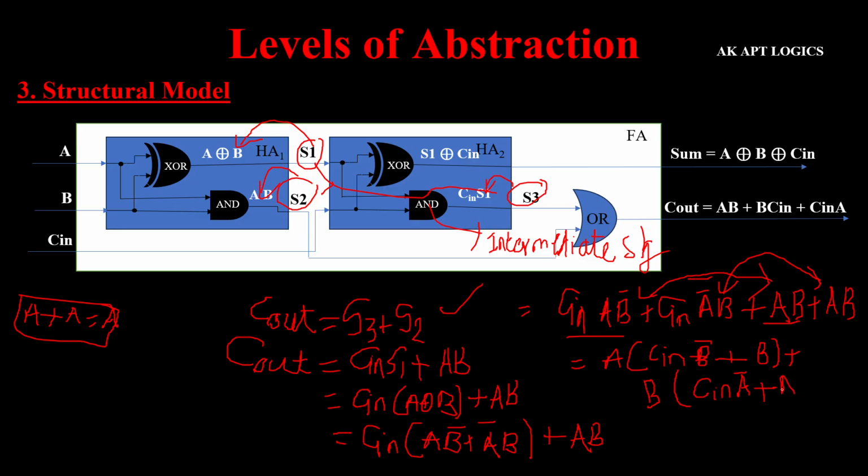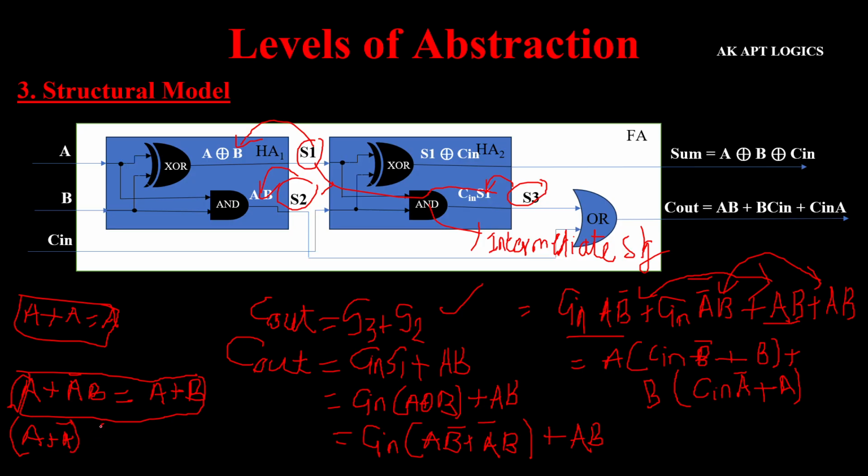A. Okay, from the absorption theorem we know that A plus A bar B will be equal to A plus B. Okay, this point we should know from the absorption theorem. We should remember this point. How does this come? This particular thing becomes A plus